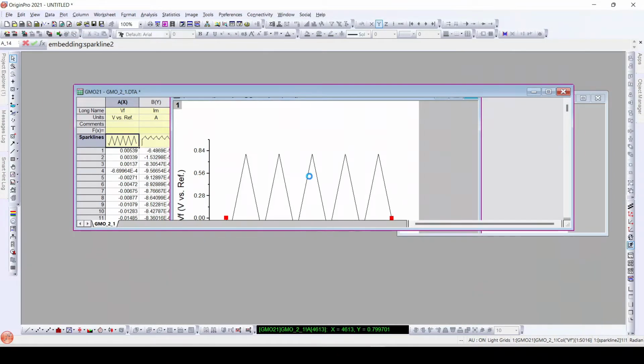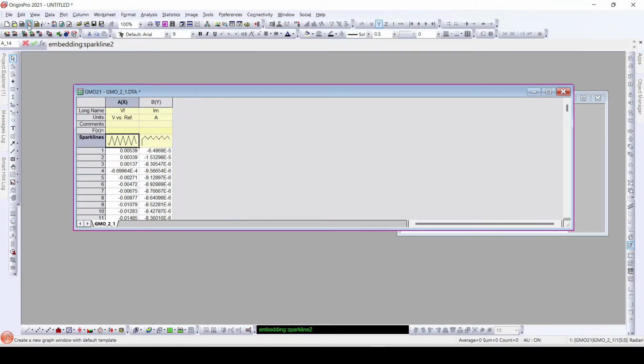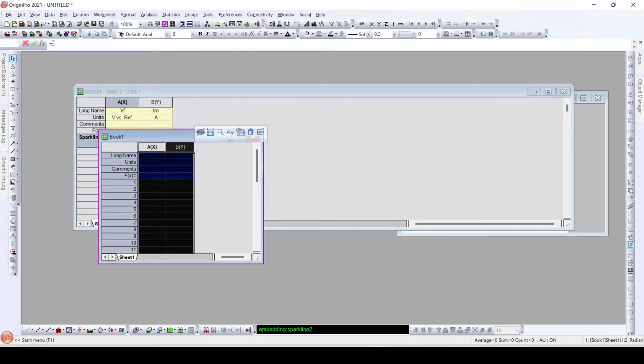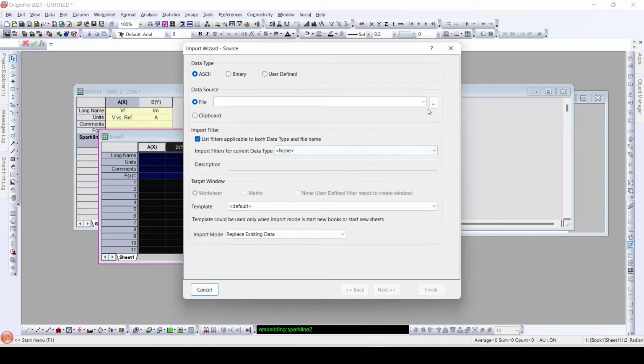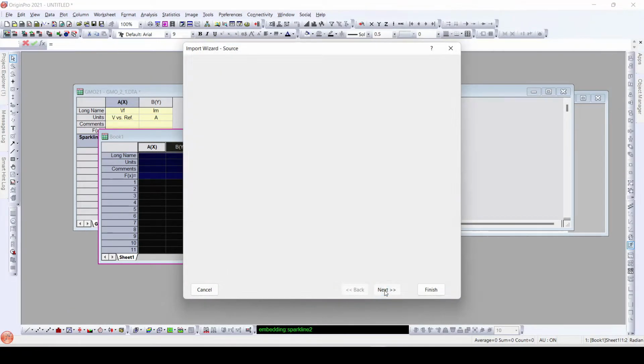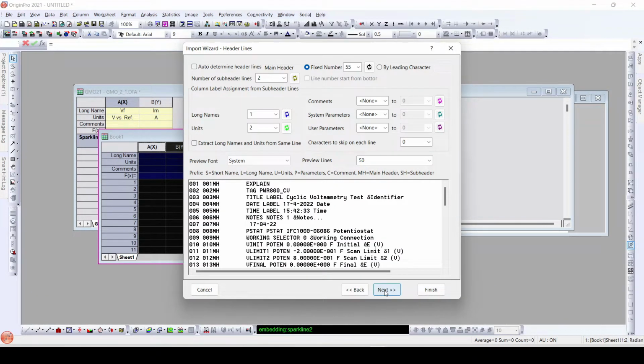So for this, we need to have a new workbook. In this workbook, we will select the columns and go to import wizard. Here we will select our required data, add files, okay, click next. Here we won't be changing anything,